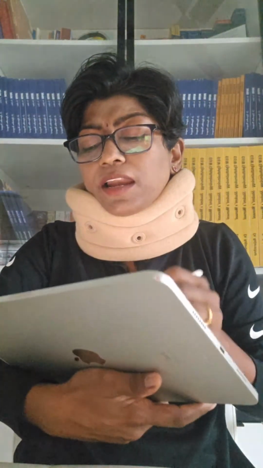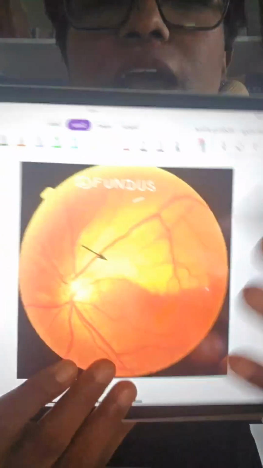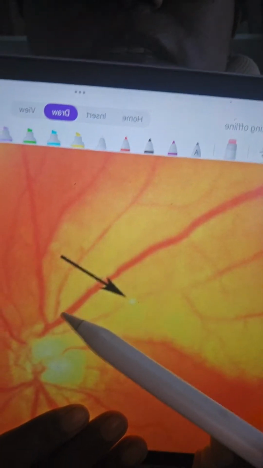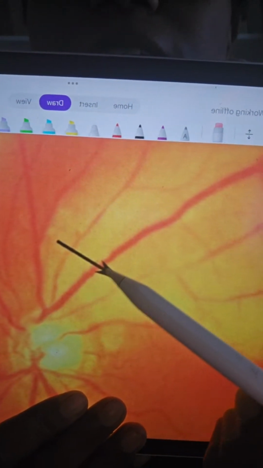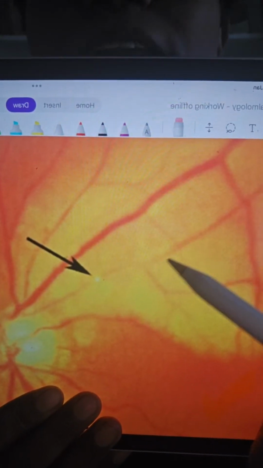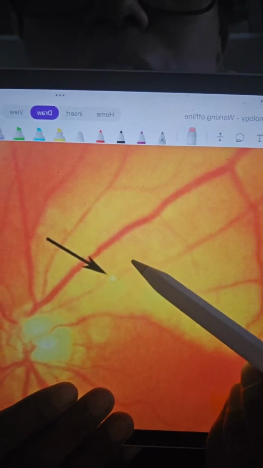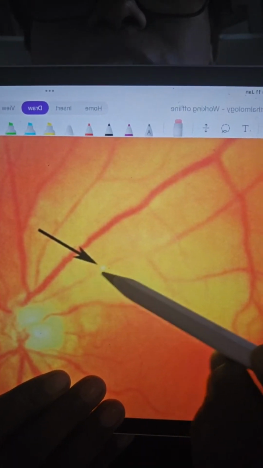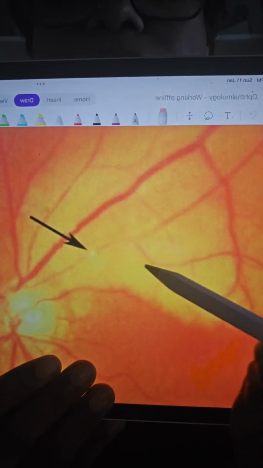Okay. Now, let's go on to see what I can see here marked with the arrow mark. If you can see the contrast, see, first of all, this is the vein. The darker thing is the vein. You can hardly see the artery here. The artery is so attenuated, so thinned out. Are you all able to appreciate? Give me a thumbs up if you're able to appreciate the thinned out arterioles.